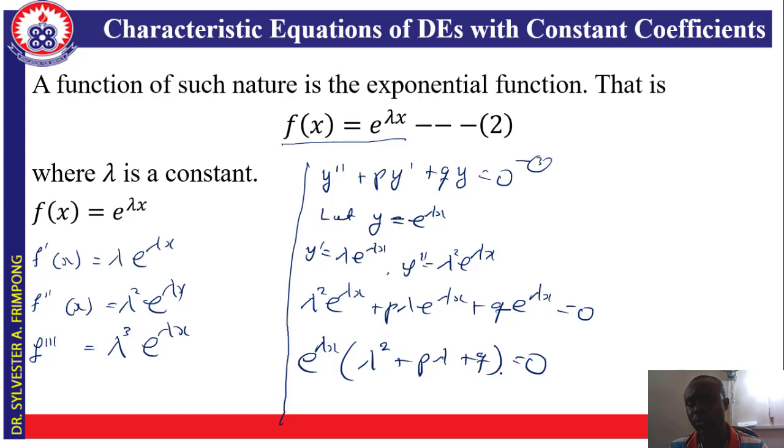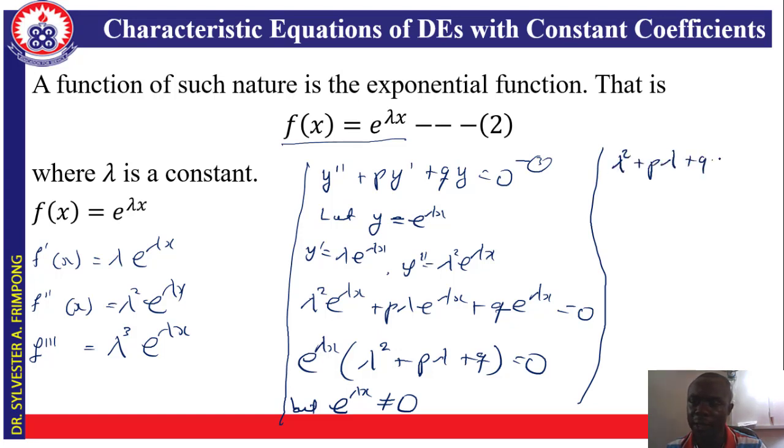So this is a product of two functions equal to 0. And when the product of two functions is equal to 0, either both are 0 or only one of them is 0. But we know for sure that exponential functions are never going to be equal to 0. So that means we only have lambda squared plus p lambda plus k equal to 0. And this equation that we are having here is what we call the characteristic